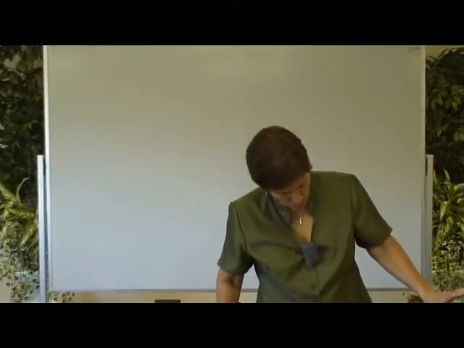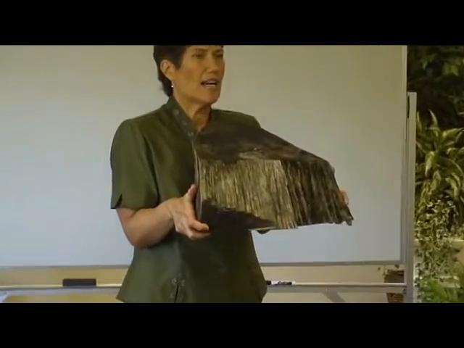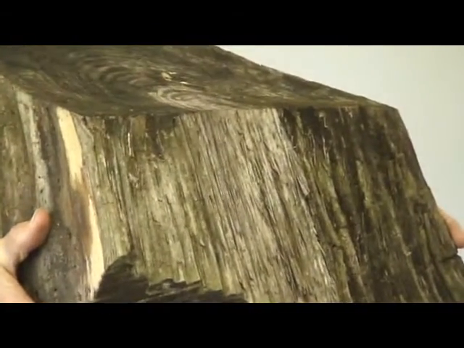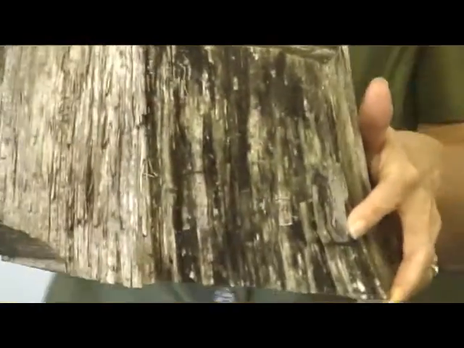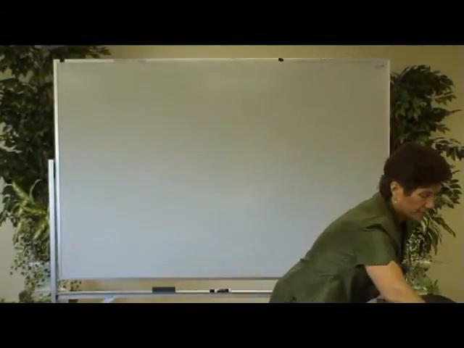Also, if we look at this one, it's dead, so its outer bark has actually fallen off, so we won't deal with that. Well, if you look at it this way, though, you can kind of see the straws going on, can't you? You can see where the xylem actually was like little straws that carried the water up. Now, if you wanted to kill a tree,